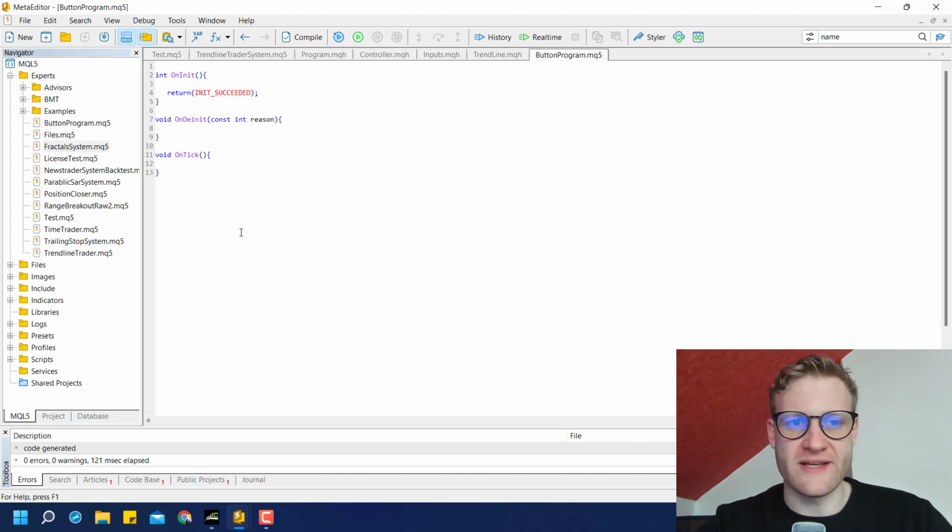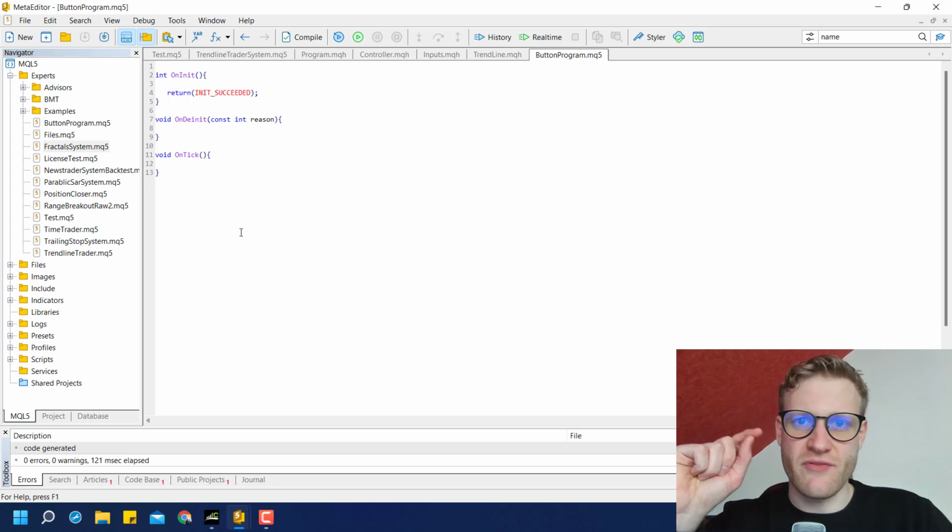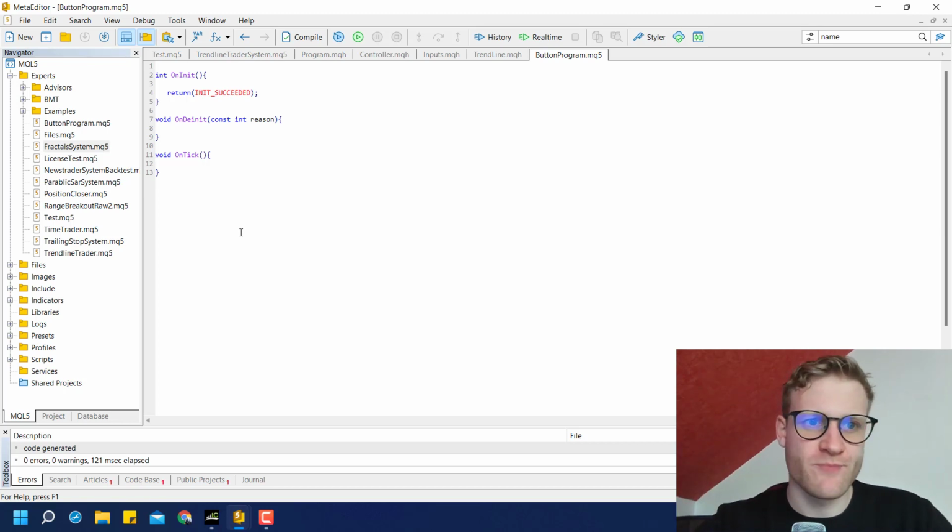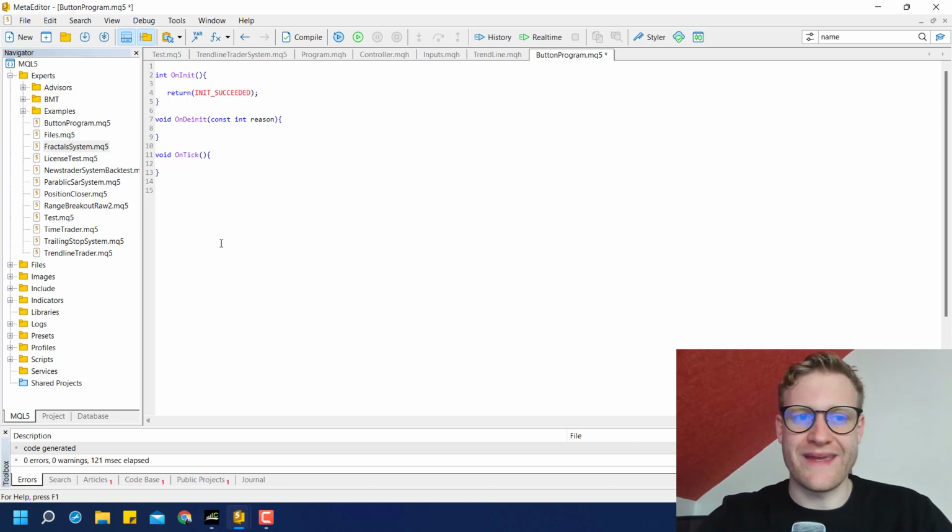These are so-called event handlers. So whenever there is an event like the activation of the program or a chart change, like a change of the time frame, the OnInit or OnDeinit is called, and whenever there is a tick in the chart, the OnTick function is called. We will get to know one more event handler in this tutorial, but first of all, we will create our own function